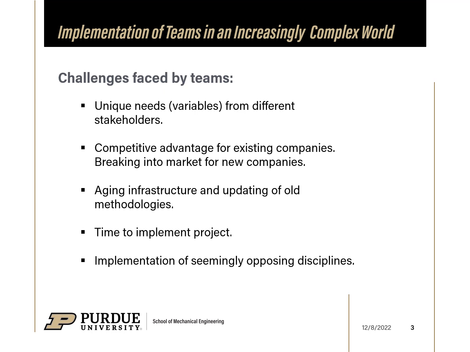Implementation of seemingly opposing disciplines. For this, especially in engineering, when you have projects that require many different disciplines working on one project, it's important to manage and ensure that all of them are working like cogs in a machine. Whereas if they aren't, it can easily cause the machine to break down when those gears are not meshing.